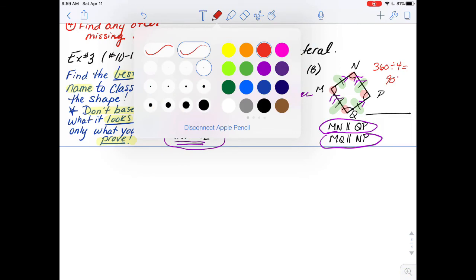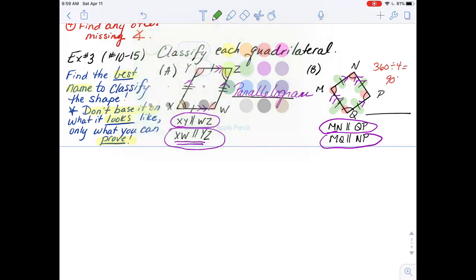So since it is all a parallelogram and a rectangle and a rhombus, I know the best name is a square. I hope that answers some of your questions on quadrilaterals. If not, make sure you write down those questions to bring to class, and I will